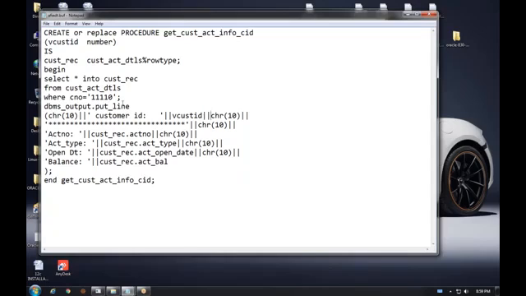After that, the remaining values are the same. End of the procedure. Completed. Here, customer number is equal to, don't specify a direct value. You are submitting the input value under the variable cust ID. Again, I am repeating, to this procedure you are giving an input value. That input value is customer ID. Customer ID is saved into this variable, and based on this value,